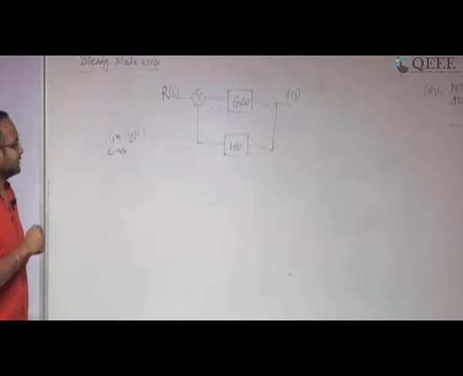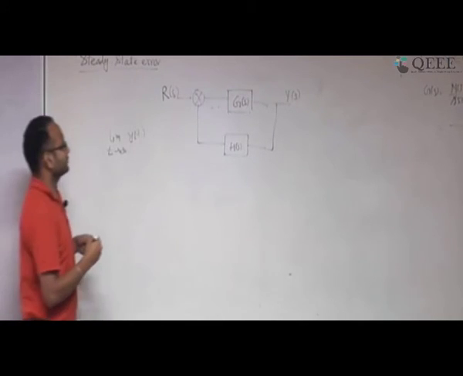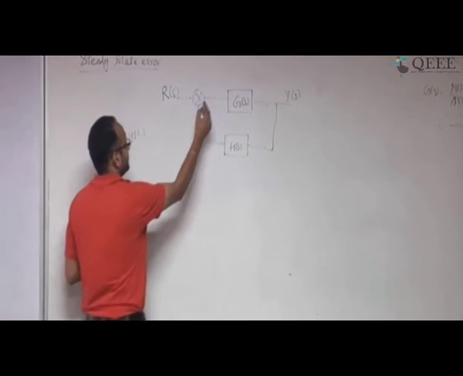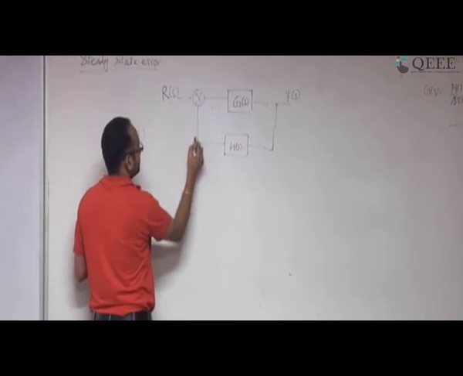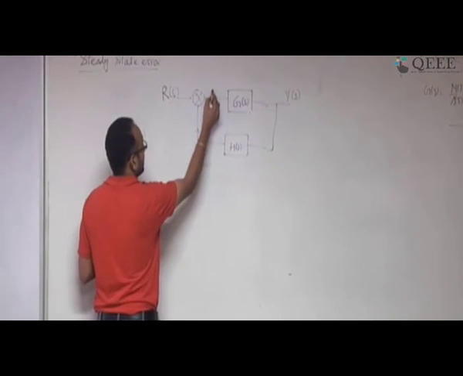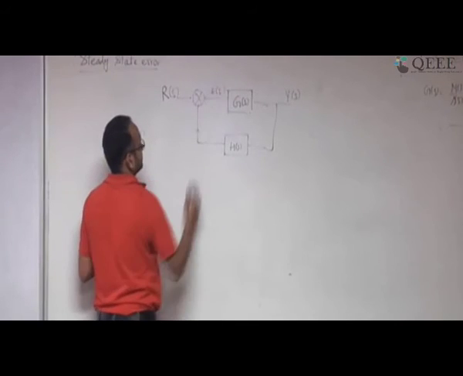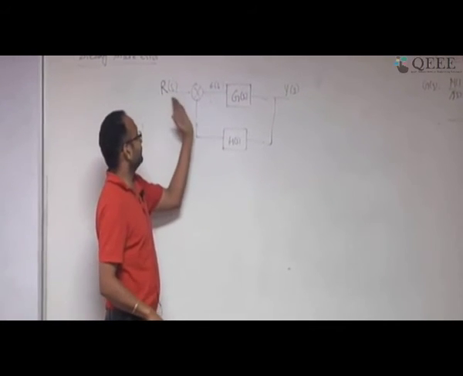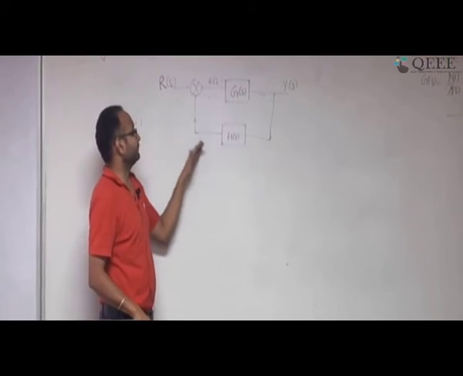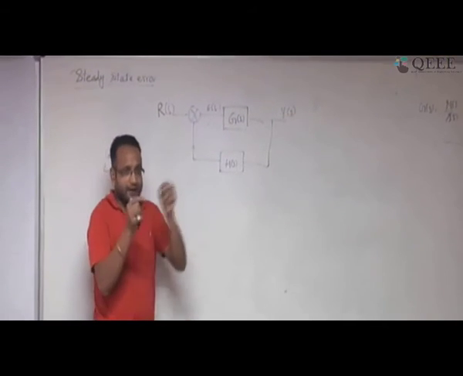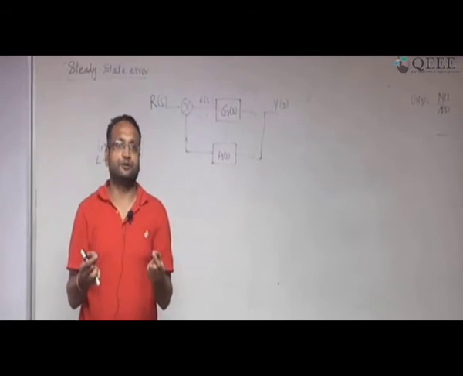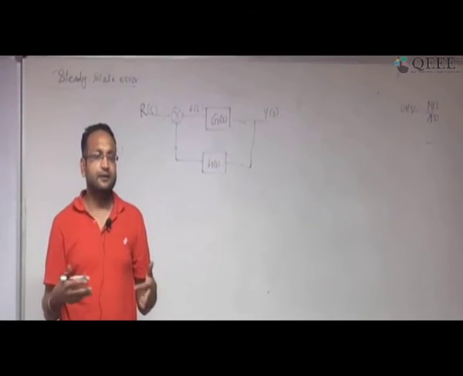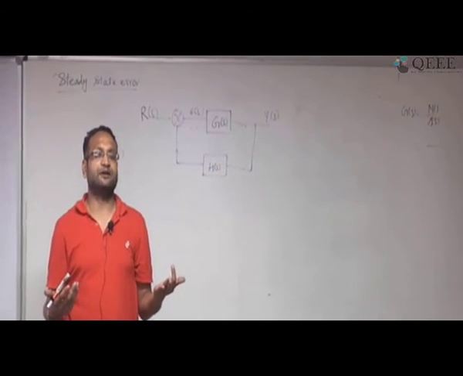Now, there is another parameter which has been defined called steady state error. So, for that, this is the input signal and this is the feedback signal, and let me call this the error signal. What I want in a control system is that whatever input signal is given here and whatever my feedback signal, the error between them should be as minimum as possible, correct? If you have minimized the error, your control system is working very much fine.